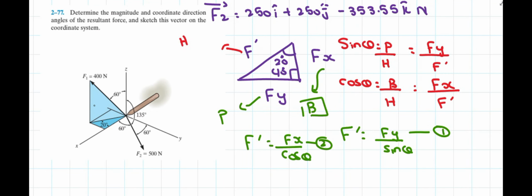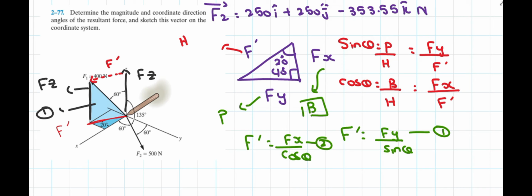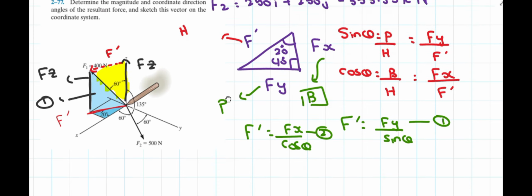Now, this is basically our triangle number 1, and this length is common between these two triangles, so we know that this is F prime. Now, if you displace this F prime with the help of a free vector into here, we can draw it like this. This is the F prime, and this length right here is Fz. So shift this Fz to here, this is also Fz. Now this is our new triangle, so extract this triangle into here.